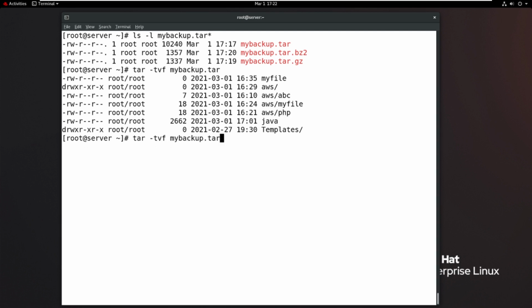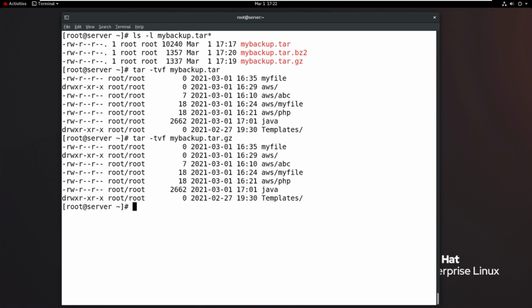This works not only for tar, but also for gz or bz2 or anything, with the same information. So t means table of contents. How do you know what a tar file contains? Then we can use the t option.